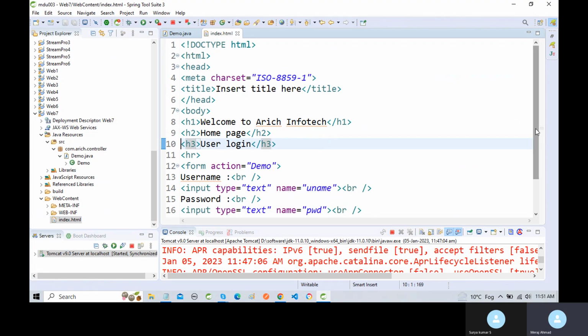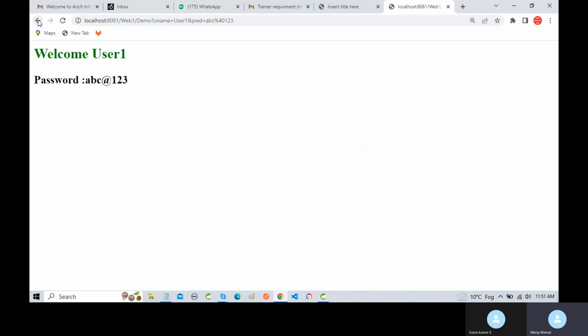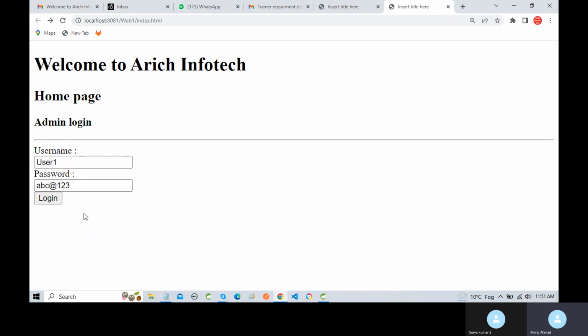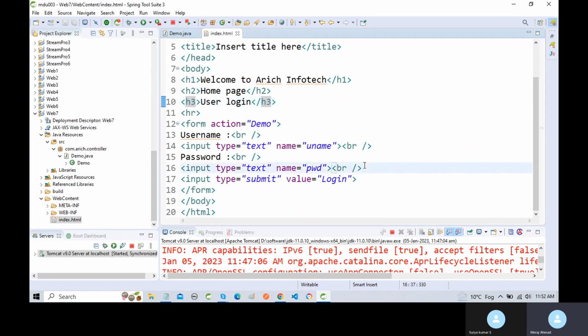Suppose we are passing some values like username and password. But you can see here, each and everything will display in this form. Suppose we want to pass any values with this form without showing them here. So we can create a hidden form field like